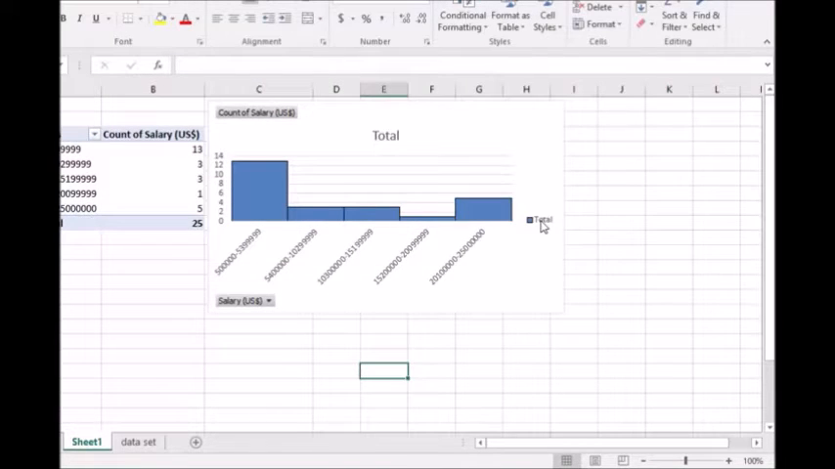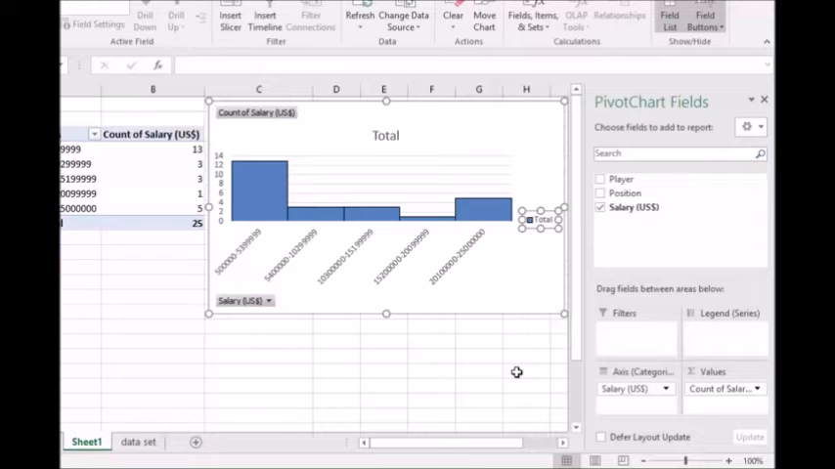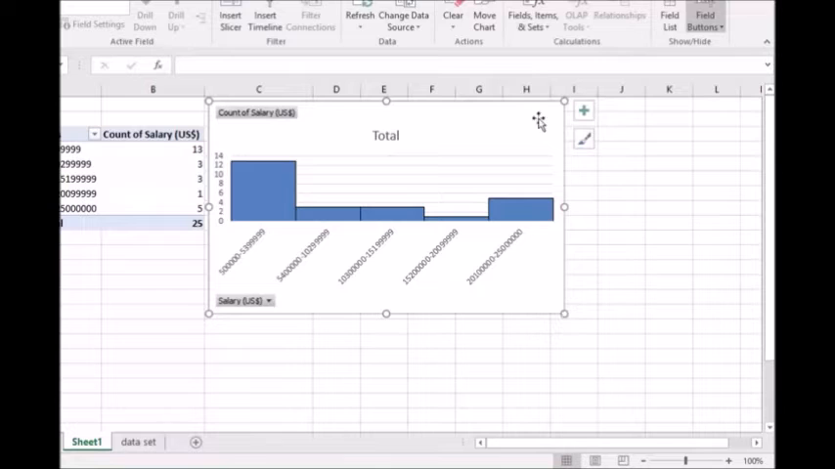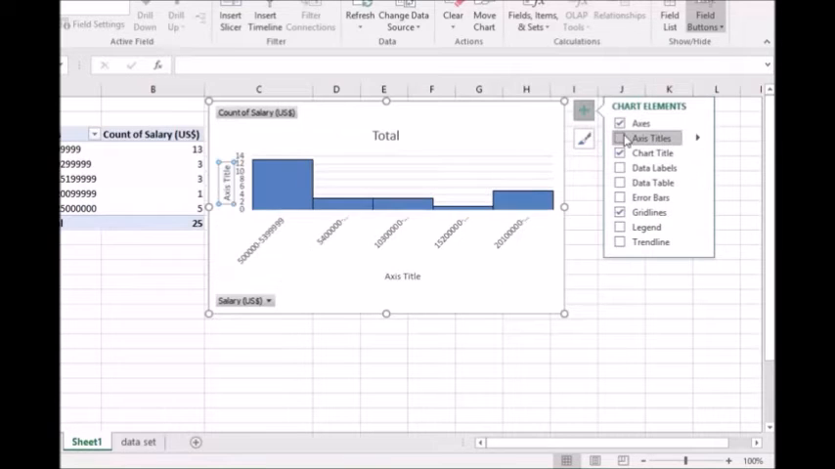So we can get rid of the legend. We don't need the legend in the histogram. We can add labels to the histogram by pressing the plus sign and clicking on Axis Titles. In this video, we have demonstrated how to build a frequency distribution using the pivot table feature in Excel. We grouped a quantitative variable into class intervals, added a relative frequency column, and then built a histogram using the